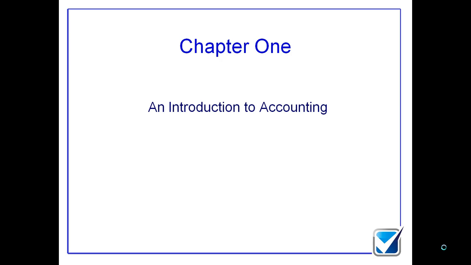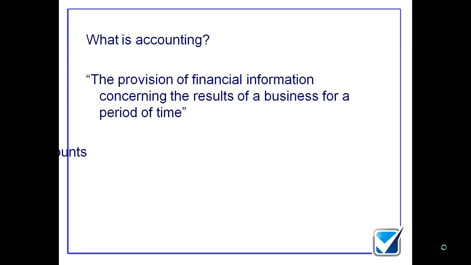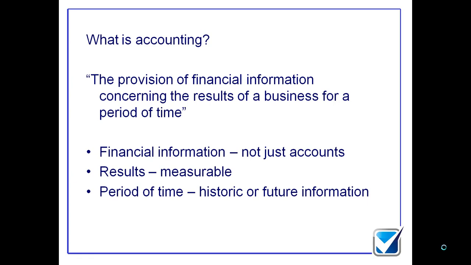So we start off with an introduction, which is a definition. And the first thing I'm going to think about is what actually is accounting all about? Well, accounting is all about providing financial information to users so they can then make some sort of decision. So I'm going to try to provide financial information to users so they can make use of that information and then make a decision. So what I'm thinking about now is what type of information do I need to give them, what type of users are going to use this information, and what type of decisions are they looking to make.